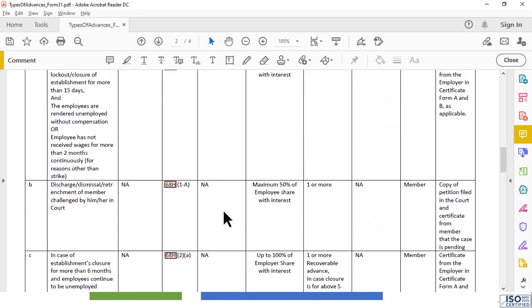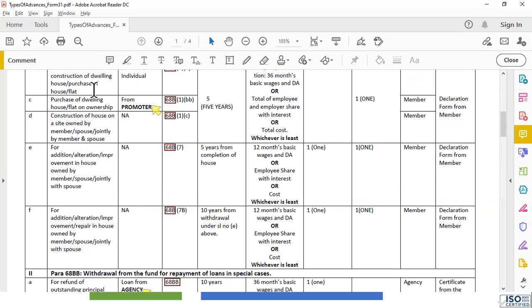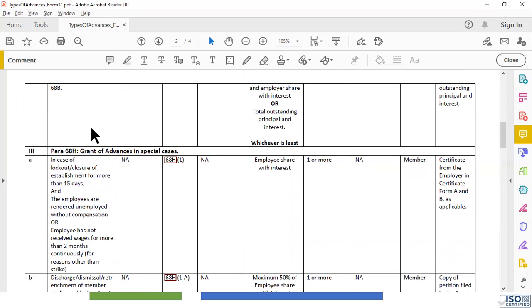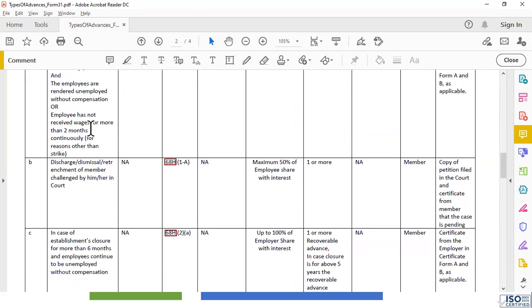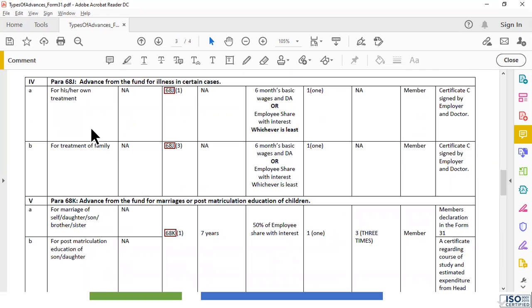So in withdrawal cases, we have seen these: purchasing a house, sickness. For sickness also, they do not ask for any kind of eligibility. Let's see the sickness clause, for treatment of his or her son. Again, the eligibility criteria is NA. No minimum service period is required. Even if you want to take an advance or loan for this purpose, treatment, there is no minimum service period required. You can apply after 1 year or 2 years also. In other cases, it is 5 years, 7 years sort of.